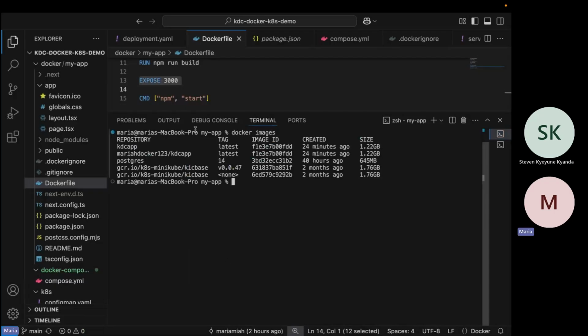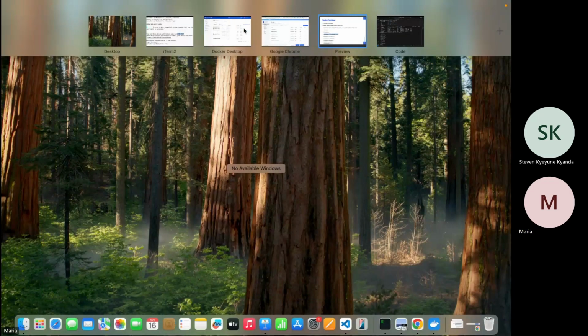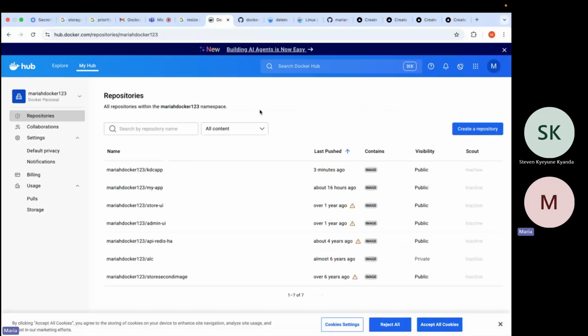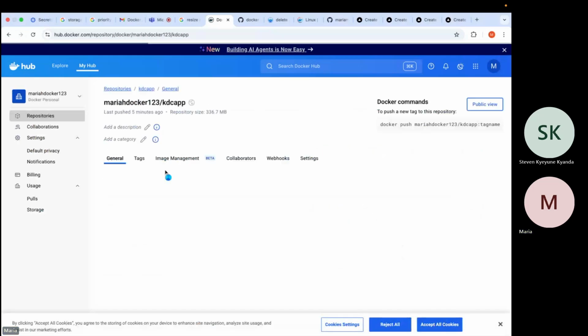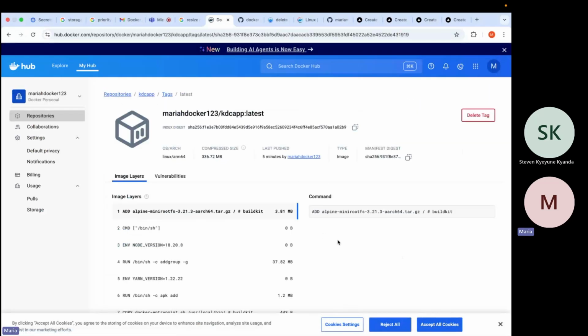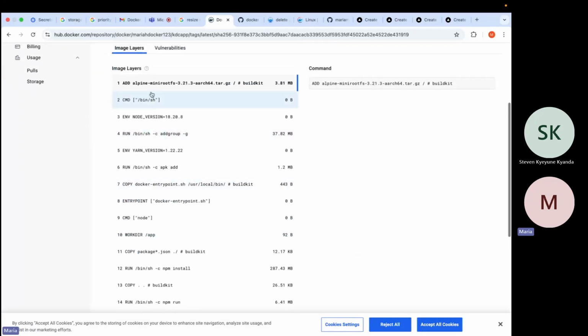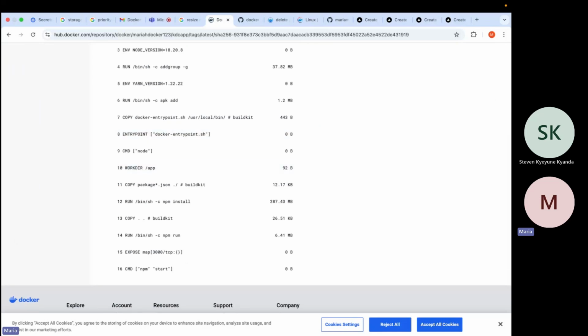So docker images. If I do a docker pull, we need its ID. We need the latest. You also see in the image there are commands that you provided in your Dockerfile: change the working directory, run npm run, yeah?